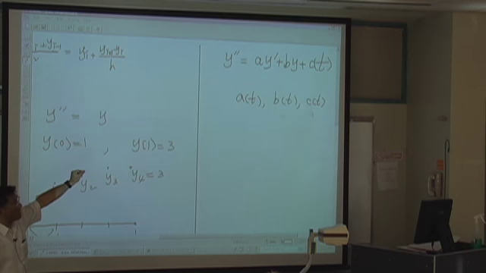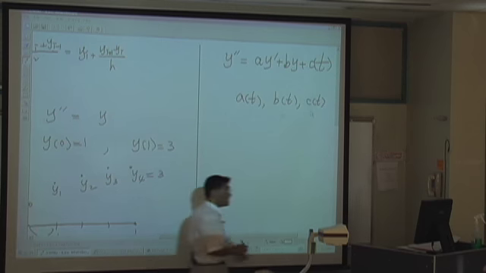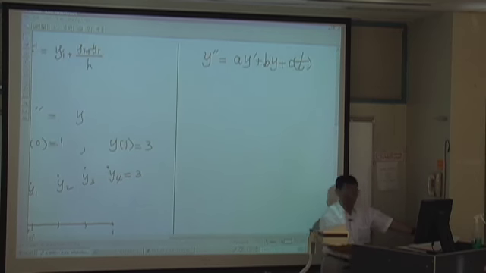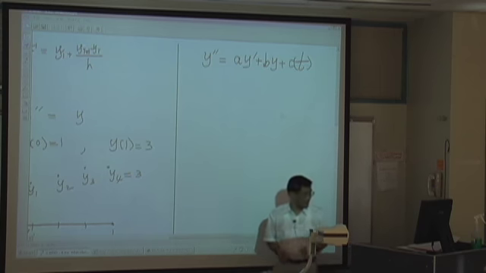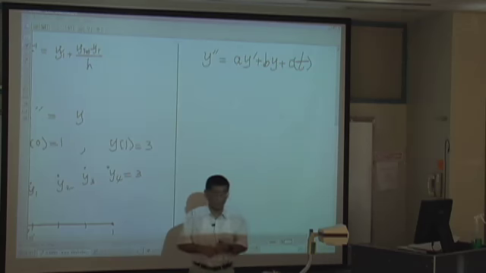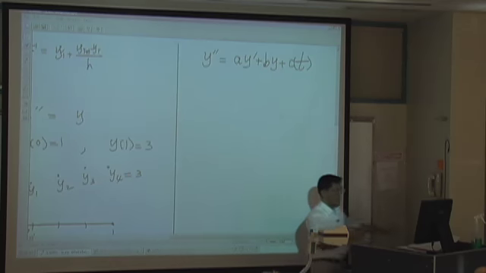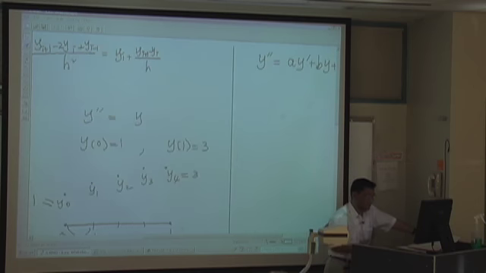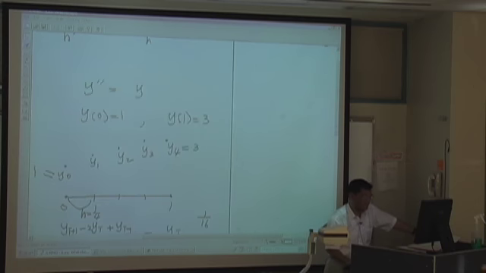Because if y prime and y are multiplied, then it's not linear anymore. So I guess this is the most general case of linear equation. So let's solve this linear equation, and then after solving this, we will handle nonlinear case. Then we can finish this chapter. So let's assume that we have the same boundary and same breakup like this one. Then